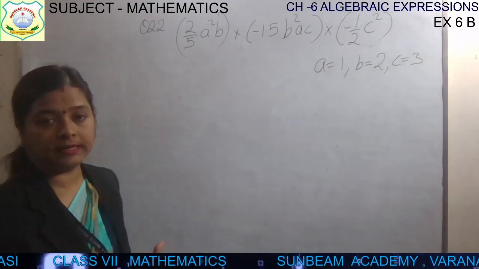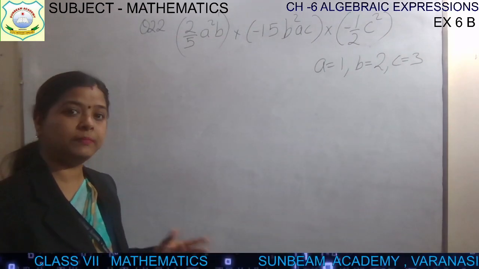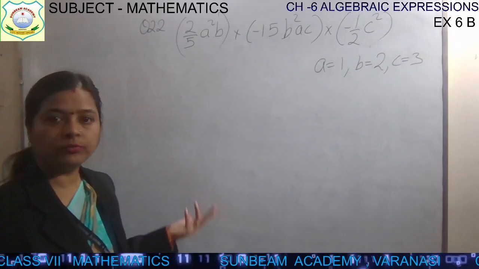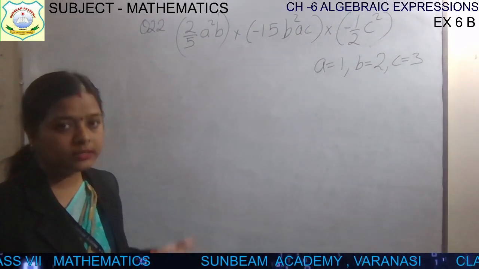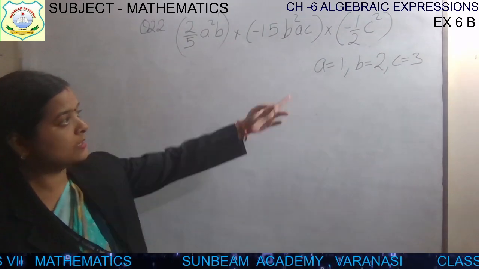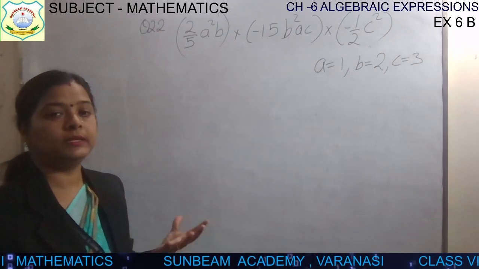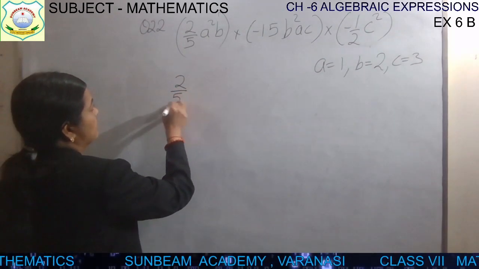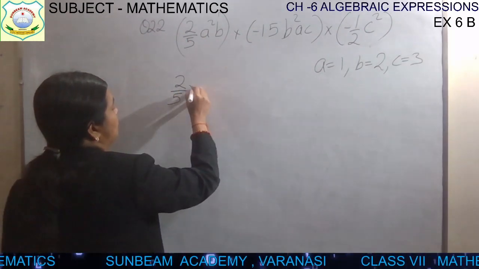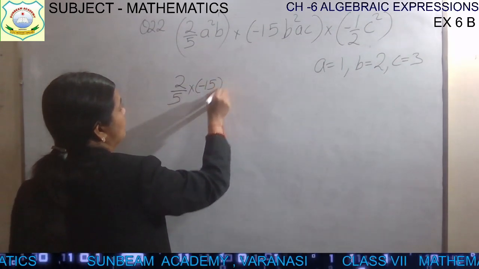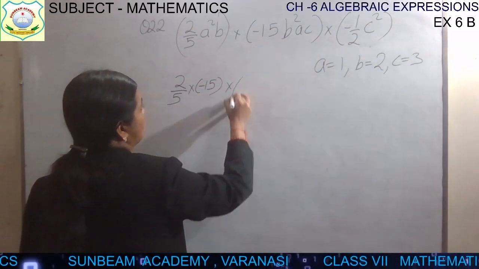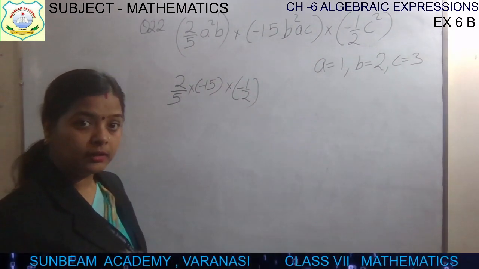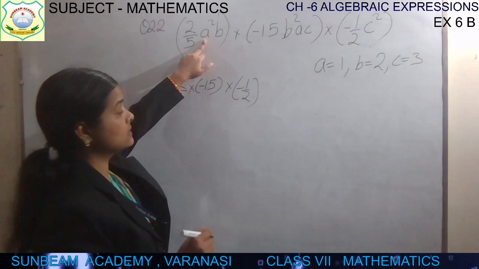After multiplying this, in what we get, we will put the values of A, B, C, because A, B, C are unknown, isn't it? 2/5, 15, you know it. What are A, B, C? This is unknown. These are variables and its value is given. So what will be the final answer? So first of all we will multiply, children. So we will collect the number 2/5 from here, then minus 15 from the second, and then minus 1/2 from the third monomial. Okay, collect all the numbers first. Now it's time for the variables.